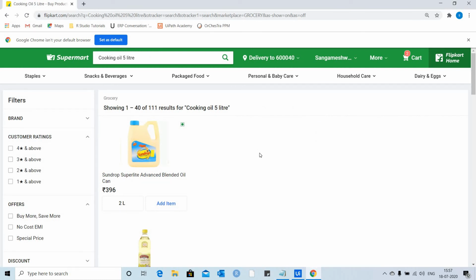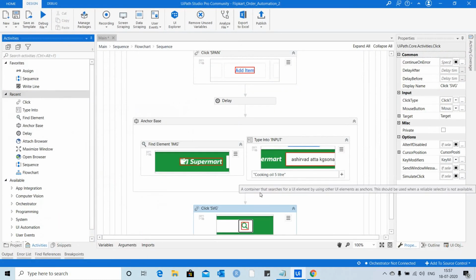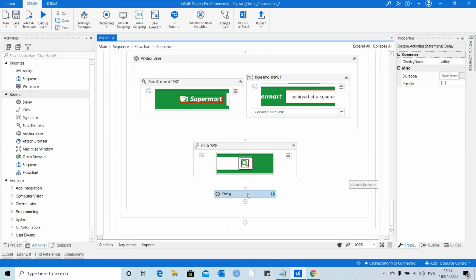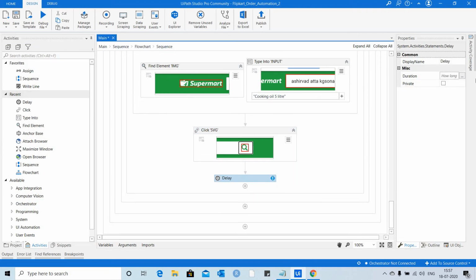So I have this result. Once I am done with the search, I am going to add a delay of 1 second here. So for that, I'll mention the time as 00:00:01 seconds.